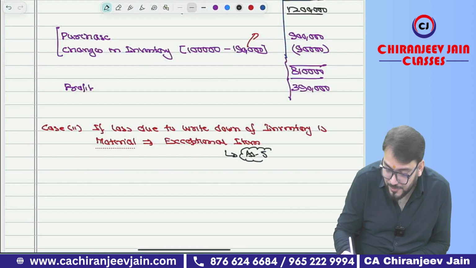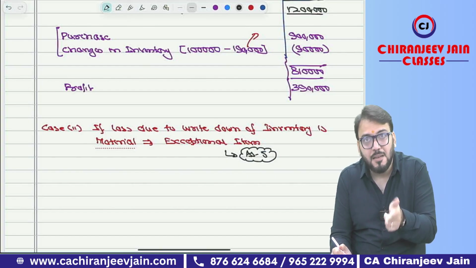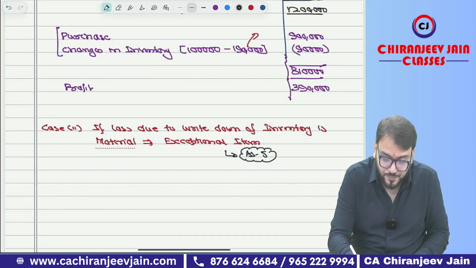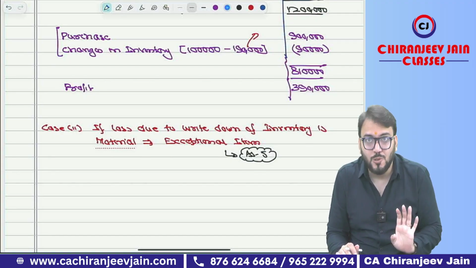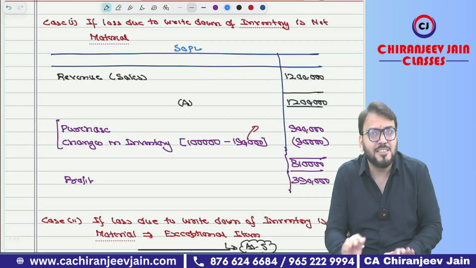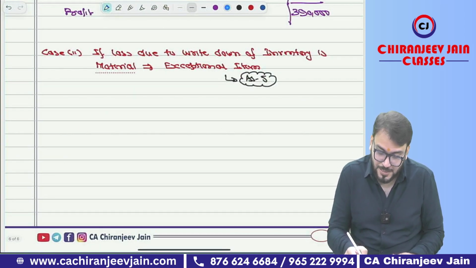Now, what AS 5 says is that if there are some exceptional items, they should be disclosed separately. The same example I will take in AS 5. I am just trying to link it with AS 2. Okay, sir. So, exceptional items are those items which require separate disclosure. If this is immaterial, then separate disclosure is not required. Okay, this presentation was okay. But if it is material,